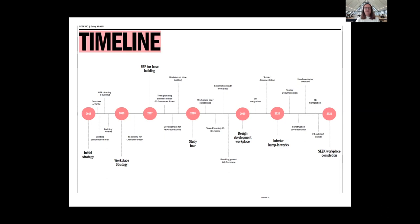We were then introduced to the owner of this site in Cremorne through the relationship with SEEK. So they had a site that SEEK liked the look of. That developer, being Cremorne Properties, didn't have an architect. So SEEK introduced us to Cremorne Properties. We then had a week-long kind of beauty pageant with Cremorne Properties to prove that we would be a good partner of choice to work with. We managed to get through that gate and then started designing the base building for Cremorne Properties as the client